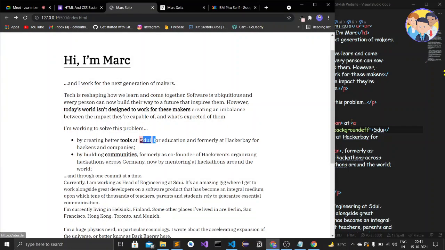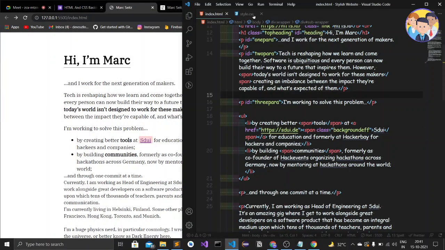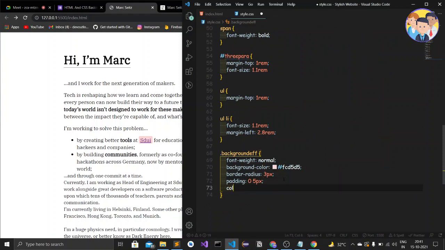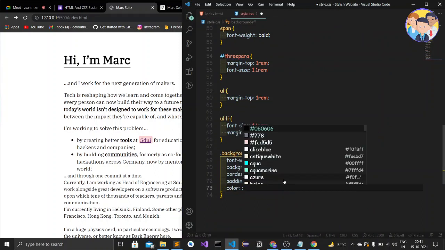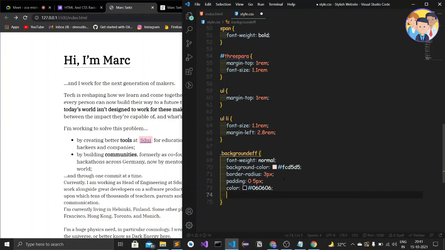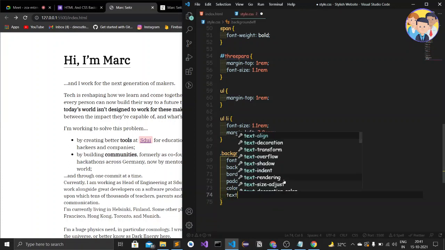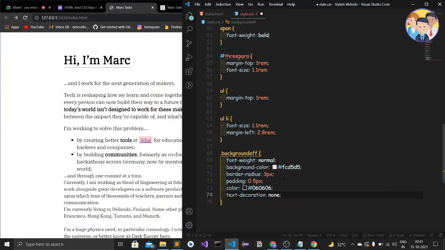So this color has been changed. To fix this issue, I'll just go here and type color as 0606, and then text decoration as none. Okay, so when I save it, what happened?